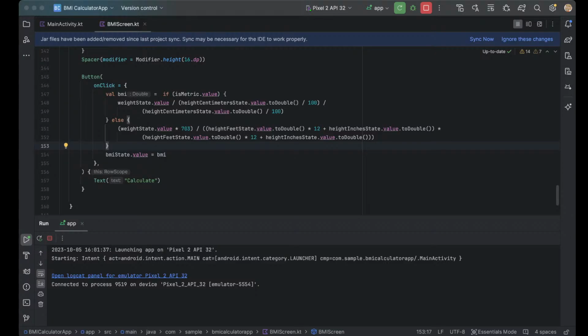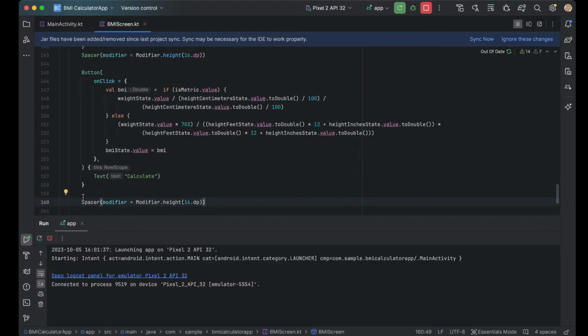So we did the button. I'm gonna do a space after the button. So I'm gonna do a spacer, and so here it says calculate, and then after calculate, let's do a spacer. So spacer modifier equals modifier dot height 16.dp,